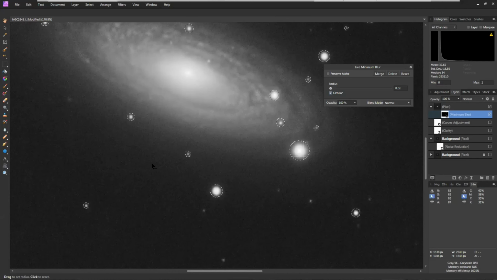Now what this is going to do is, for every pixel, it looks around within the radius I give it, finds the lowest pixel value, and replaces the pixel with that value. Since I have a little sky outside of the white star, it's going to replace all these white pixels with black pixels as I increase this and make my stars get smaller